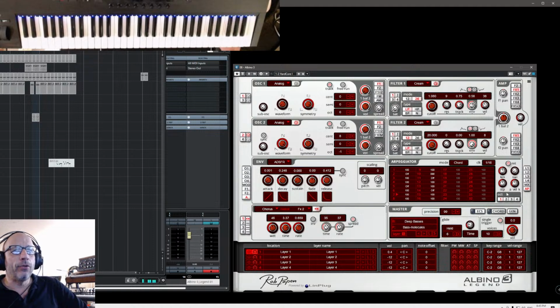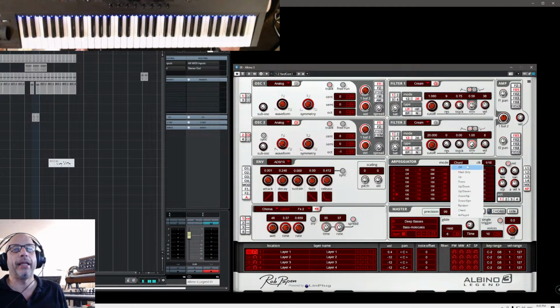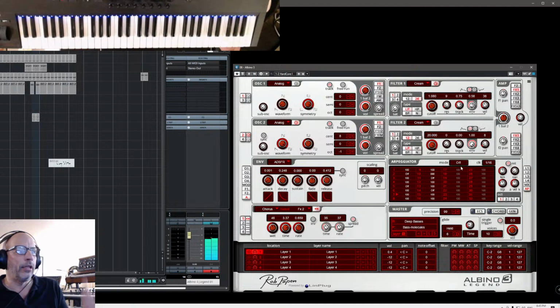Yeah, then of course, this is the right-hand side I just explained with the arpeggiator, which you need to activate by simply picking one of the modes. And if it's off, I have the normal sounds again. So there,